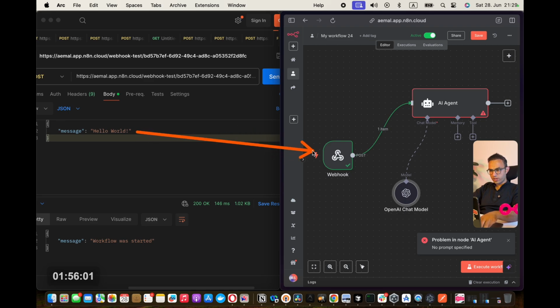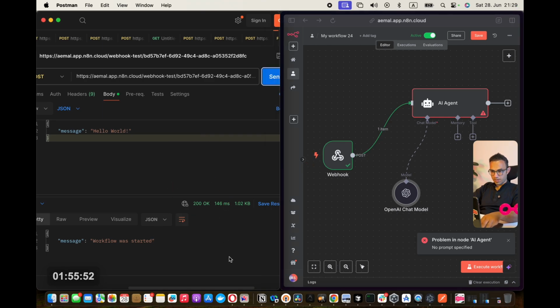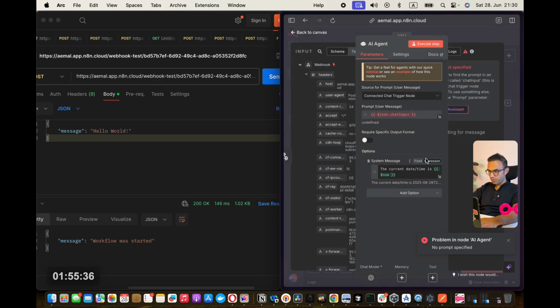Hello World went to this webhook. Something came back here, but keep an eye on this little thing. This entire execution took 146 milliseconds. I'm coming back to that in just a minute. And also the message we got back is workflow was started, okay? Now let's fix this thing and then we'll come back.